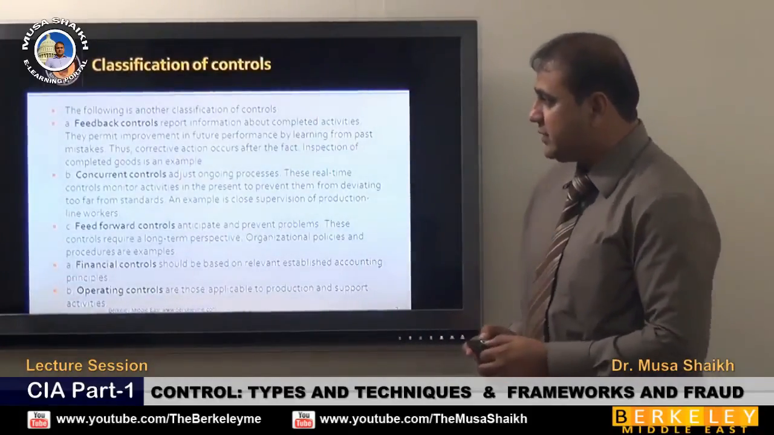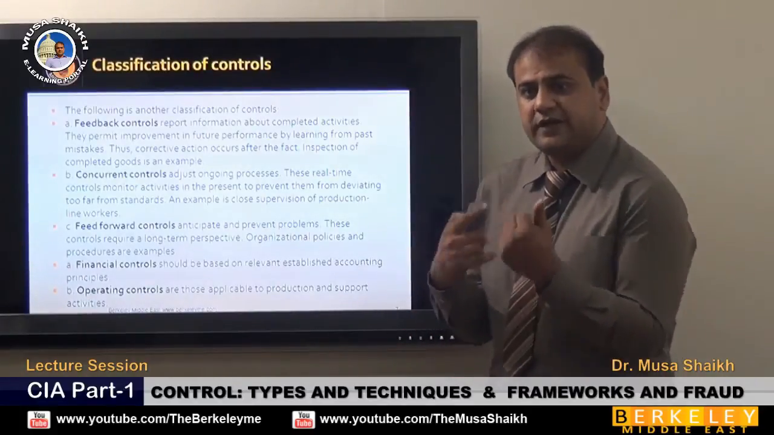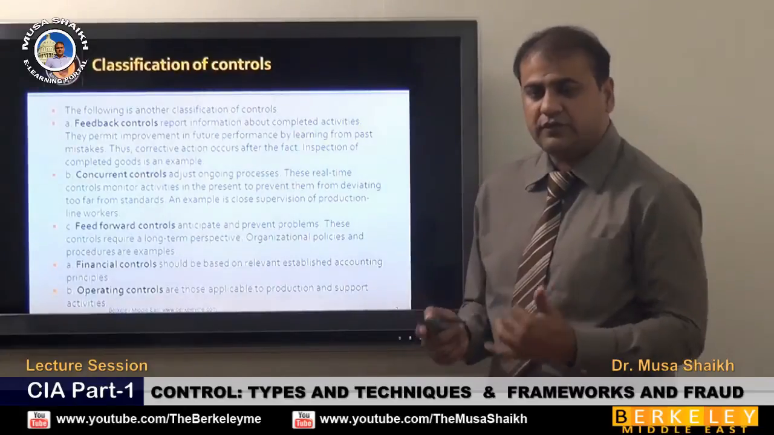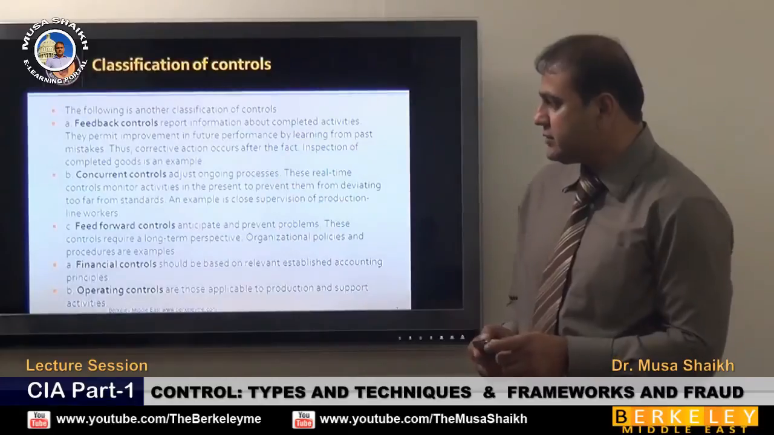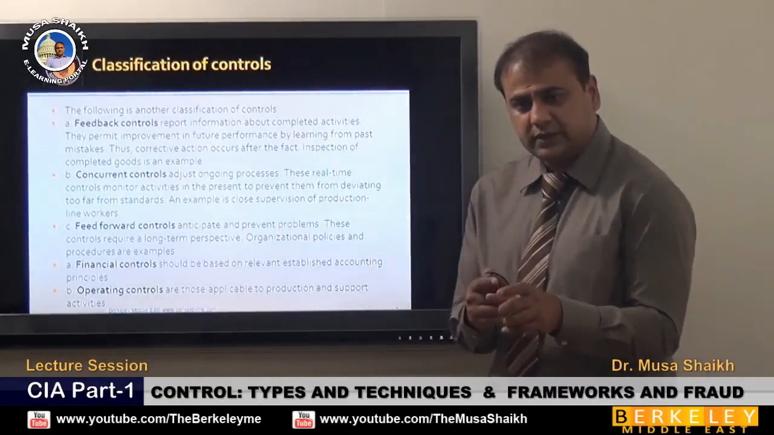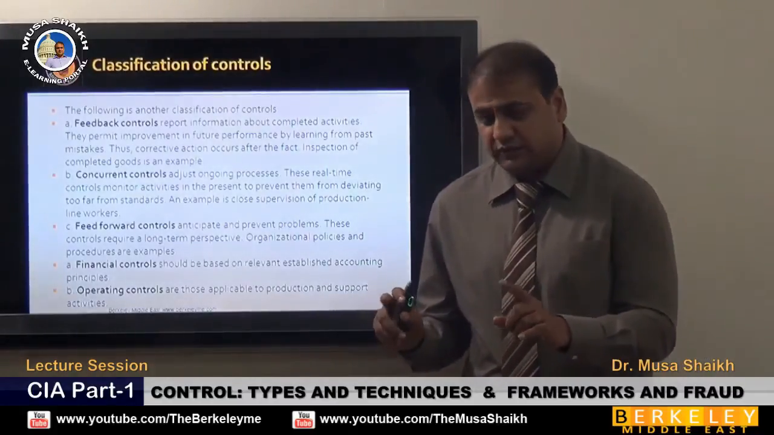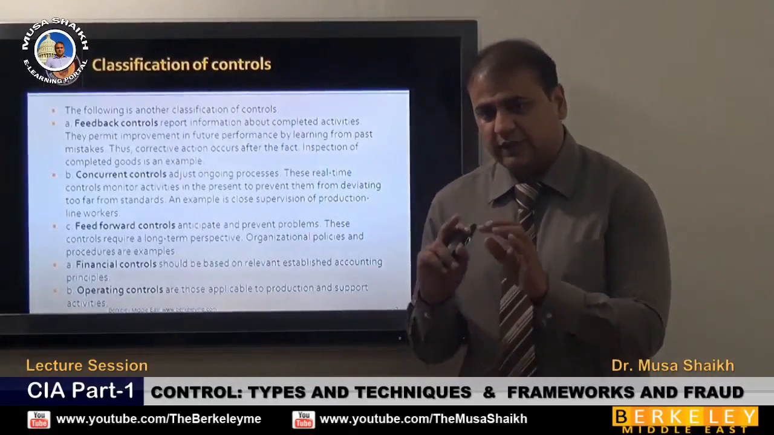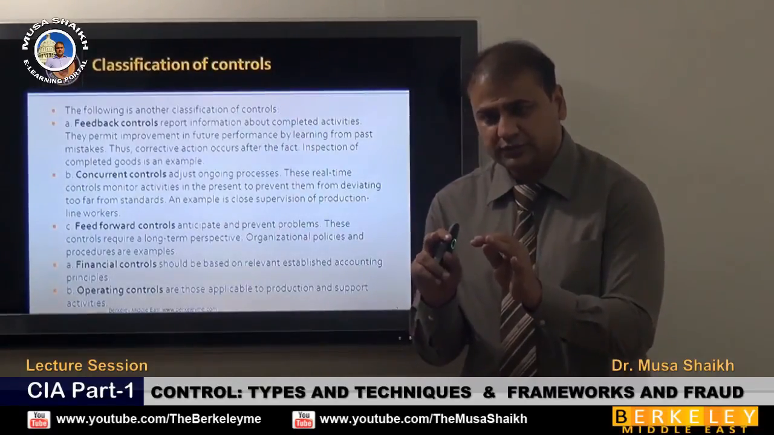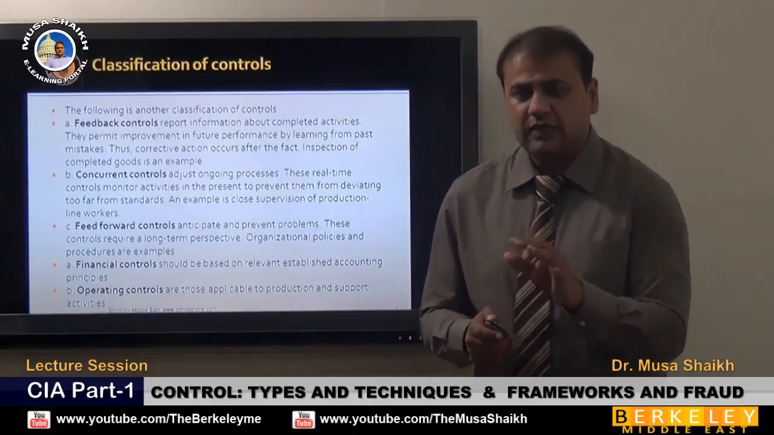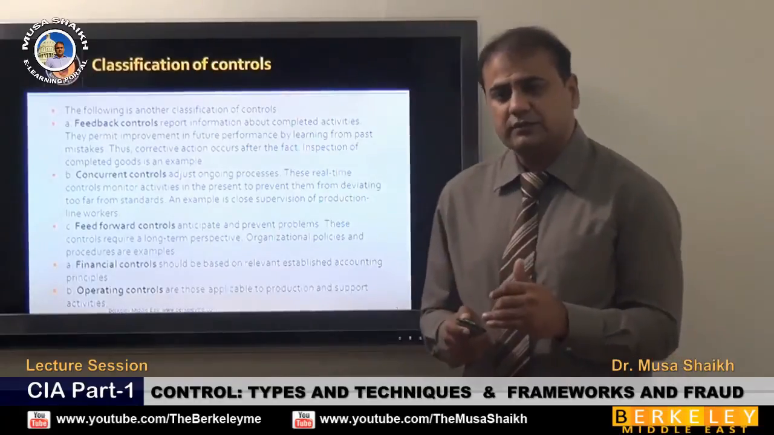Let's talk about feedback control, which gives you feedback. Those controls which give you feedback about any step are called feedback controls, and concurrent controls which go concurrently. Concurrent means simultaneously. Like you have software in which you can log in, and 5 people can log in at the same time. This is called concurrent users. Same like we have concurrent controls which go simultaneously. Feed forward controls which look into